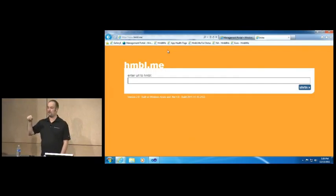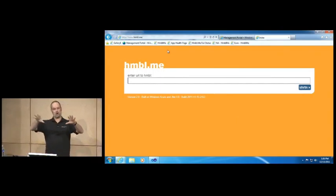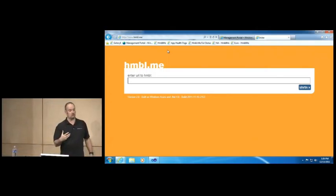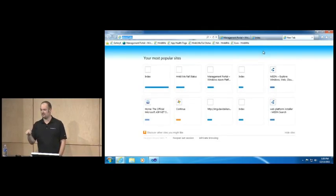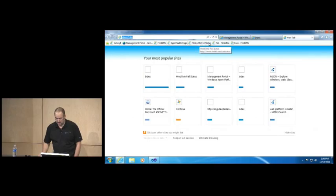It's currently deployed into two data center locations. And there's two things I want to show you. One is you can put content down to the compute, to the local user, and scale that way. You can also get the benefit of failover. So I'm going to cause a failure in a moment, but let me set this up first. So when I hit www.humble.me,